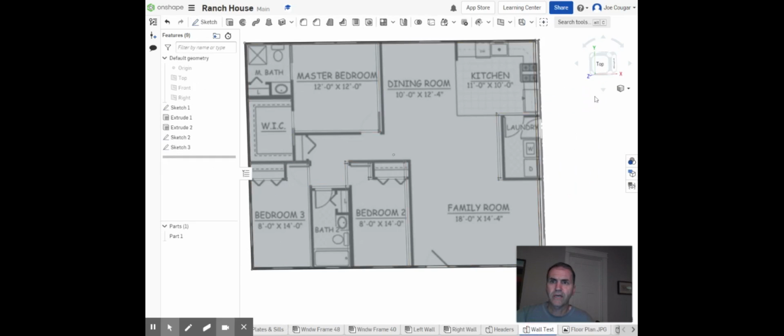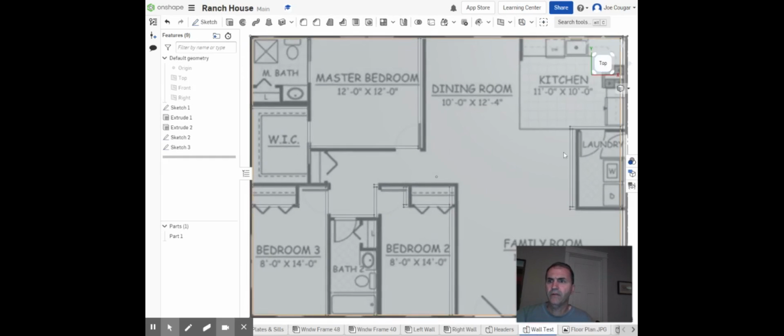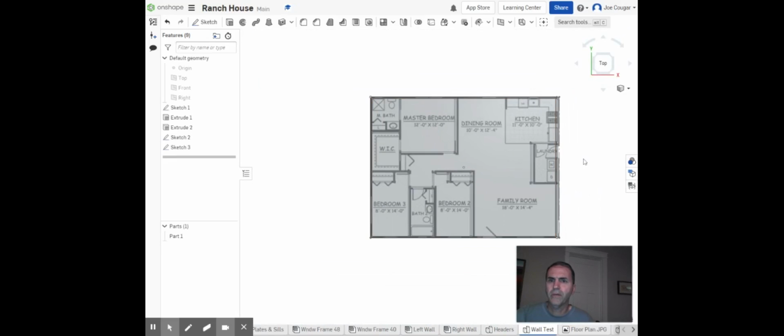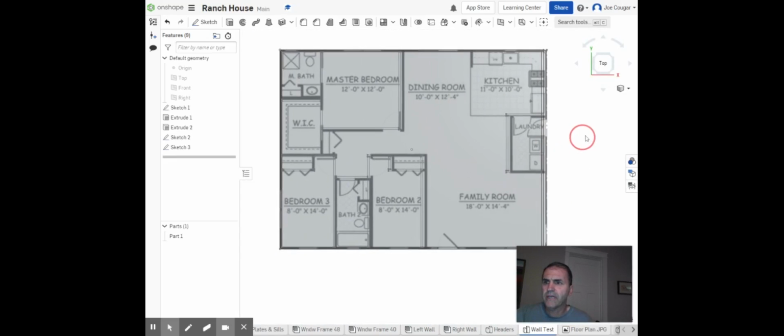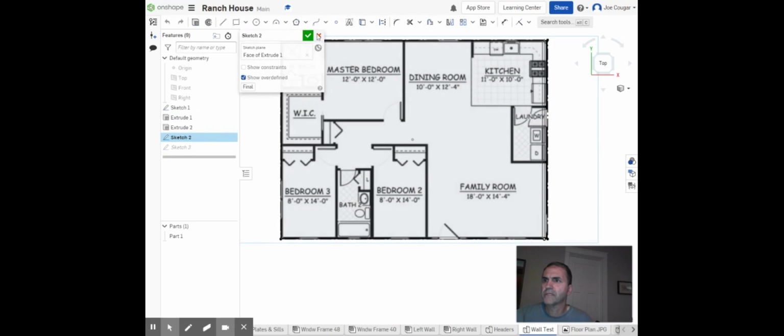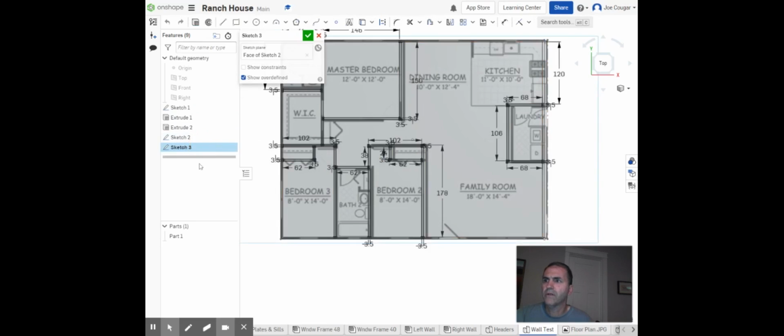Now I've done a little bit of work here, and you don't have to do this. I've done this where I'm taking a look at the floor plan. Zoom out a little bit, and I've actually taken a picture of what the floor plan was supposed to look like, and then started laying out where the partition walls are going to go inside,